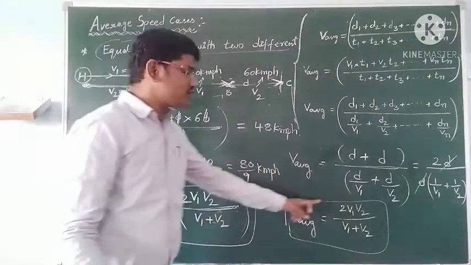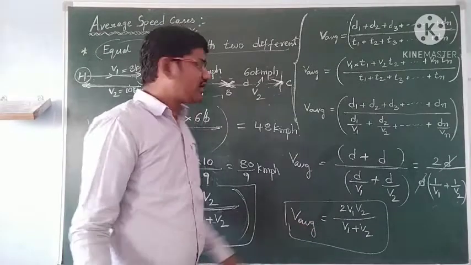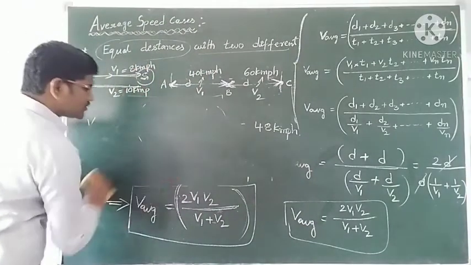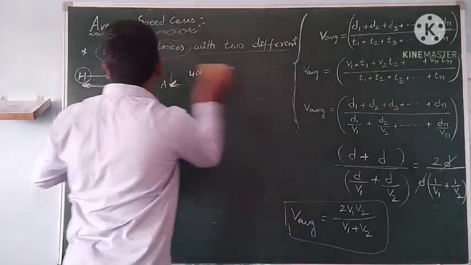Okay students, 2 v1 v2 by v1 plus v2 is the formula I have used. And I covered two examples also for you. And similarly,